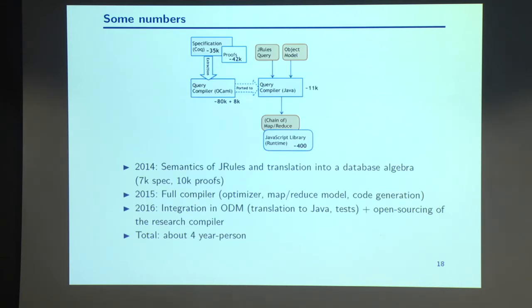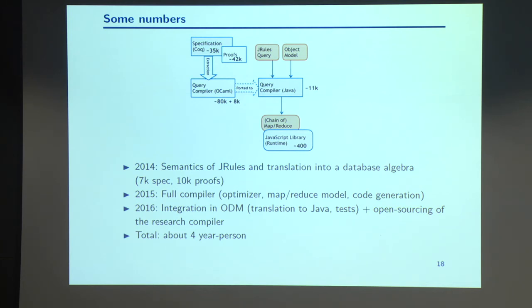So in terms of the size of the project, here you have the size of the Coq code and the size of the proof, the generated OCaml code with 8,000 lines of wrapper code, and the size of the corresponding Java code. So you can see that the Java is much smaller than the Coq specification. It's just that all the evaluation functions were not translated into Java, and we only did the direct compilation pass.